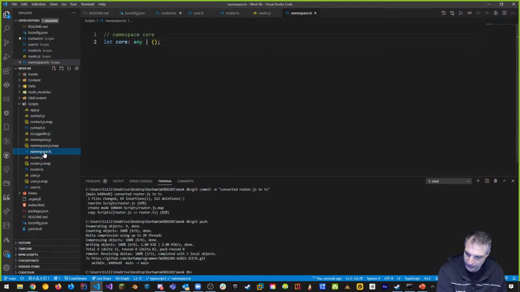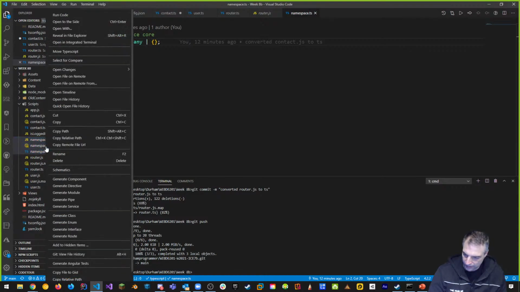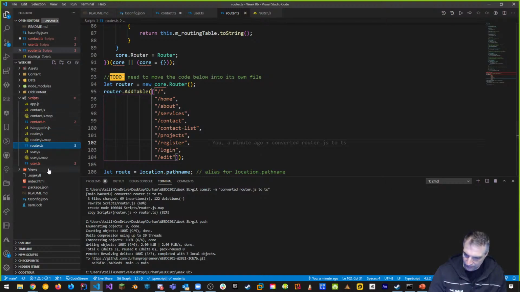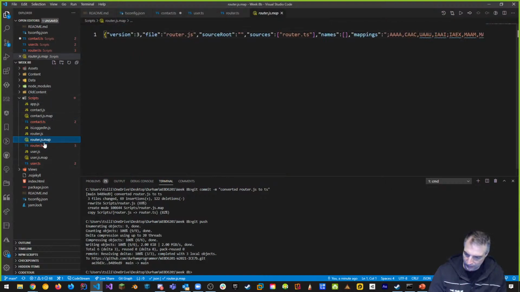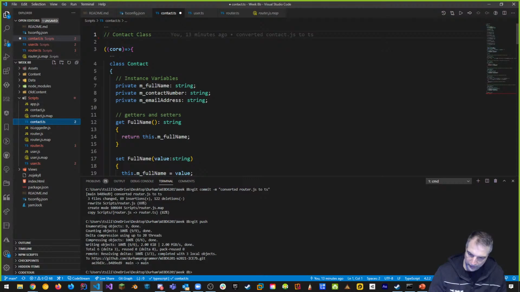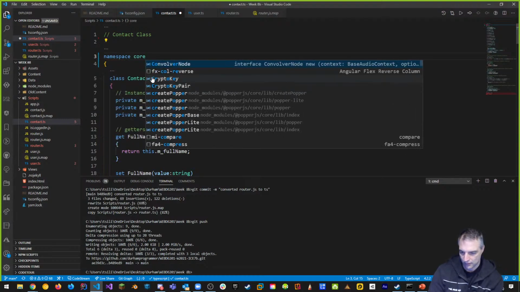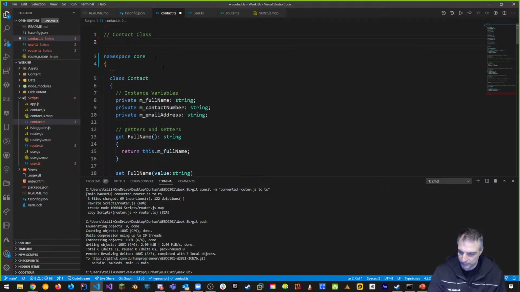Well, let's get rid of our namespace.ts altogether. Because really, if you think about it, we can make a namespace like this happen on top of every file. Let me explain. So first, get rid of namespace.ts completely. There's three files. Right-click, delete, please. Once we delete them, we get some errors because contact doesn't know what it is, and neither does router. All these three have errors now. Let's fix this. Start with contact. At the top, where it has core, blah, blah, blah, put a space in there and say this: namespace core, right? That's what I want you to put up there, namespace core.